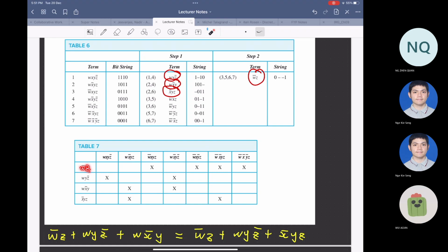appears as the, this literal appears in the min term. Okay, so you will put a cross. You can see that W bar Z is here, then W bar and Z, and W bar and Z. So you put a cross if the implicant appears inside the min term. Okay, you will put a cross. Okay, so